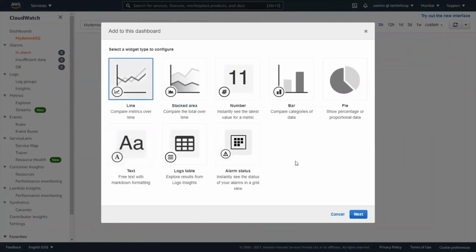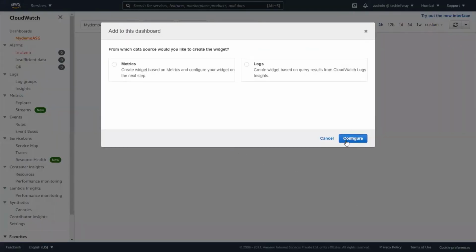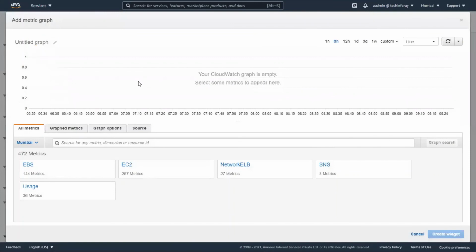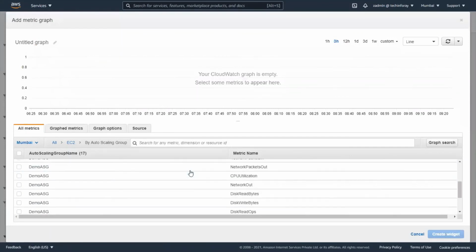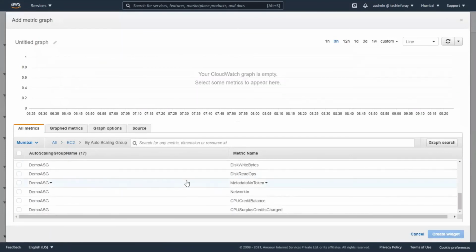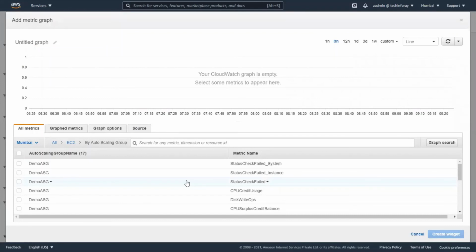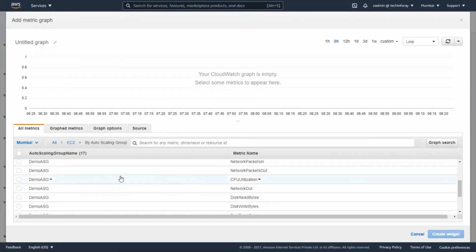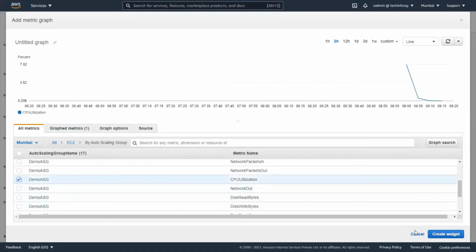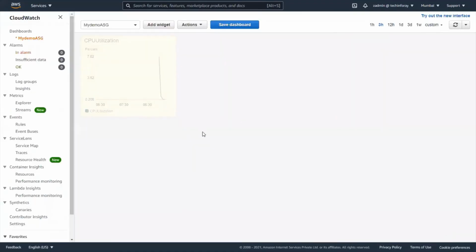So let's select this one. Metrics, configure. So what we can do is go to our EC2 auto scaling group. Here it will show our demo ASG. If we select our CPU utilization, create widget.